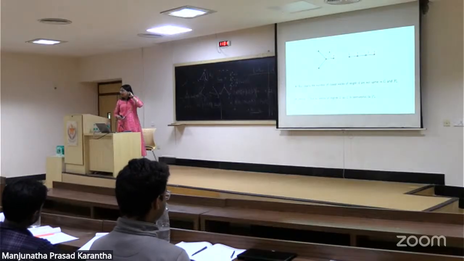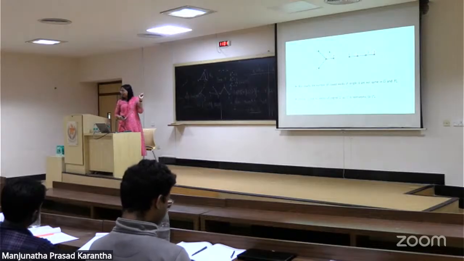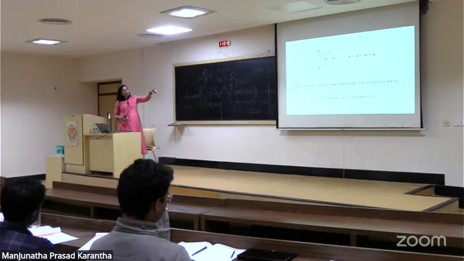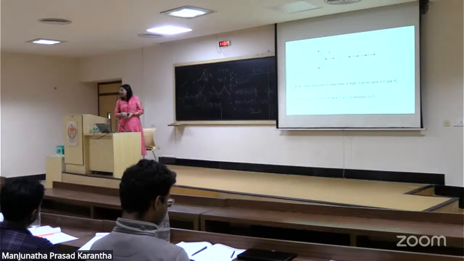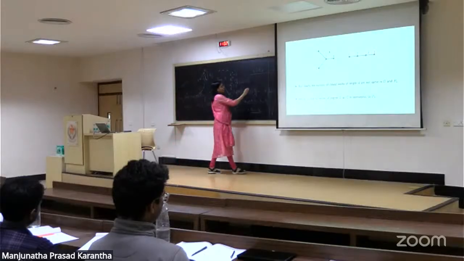That will be 1. I can also go from 2 to 3, come back, and then again go and come back. That will be 1. I can go from 2 to 1 and come back, and then go from 2 to 3 and come back. That will be 1. I can use 2 to 3 first, come back, and then 2 to 1. That is also 1. How many here? So from 1